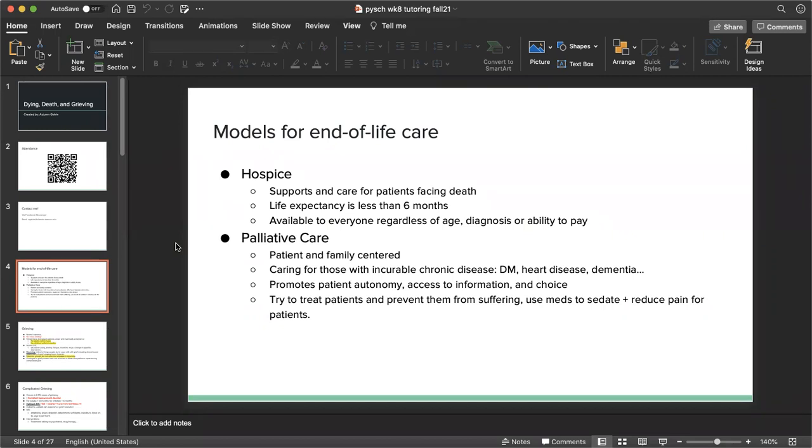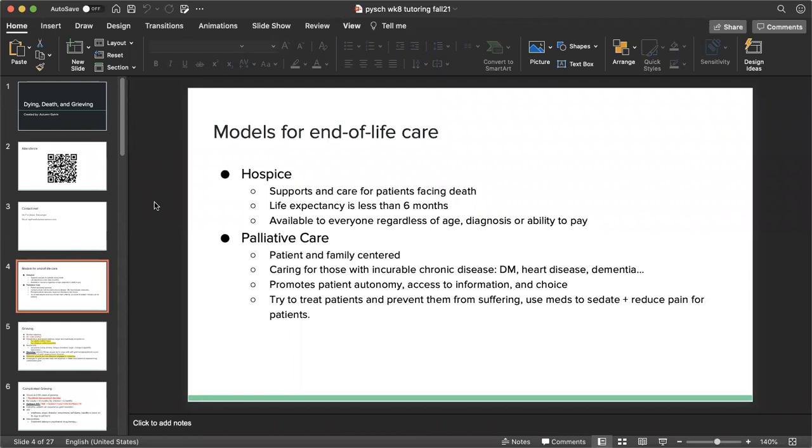And then palliative care is patient and family centered. So it's caring for those with incurable chronic diseases like diabetes, heart disease, dementia, Alzheimer's, anything like that. It promotes patient autonomy and access to information and choice. And we want to try to treat patients and prevent them from suffering. So using medicines to sedate them and to reduce pain for the patient. So basically just making the patients pretty comfortable. It's not the same for both, but in both hospice and palliative care, you're kind of